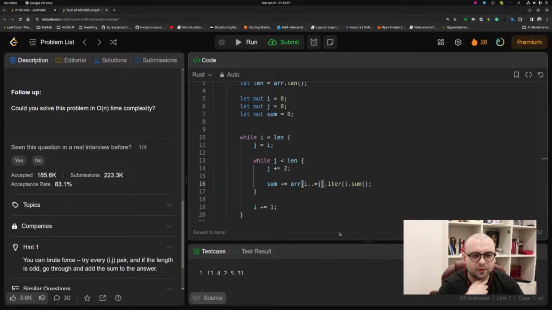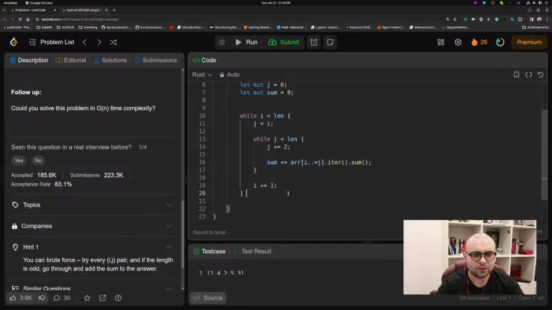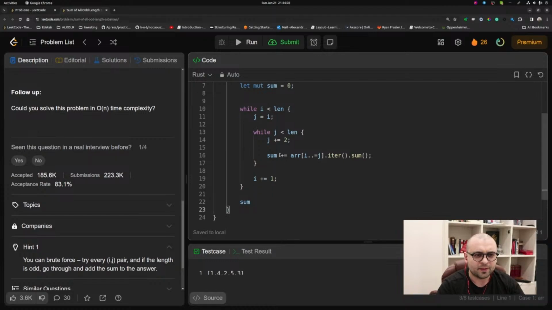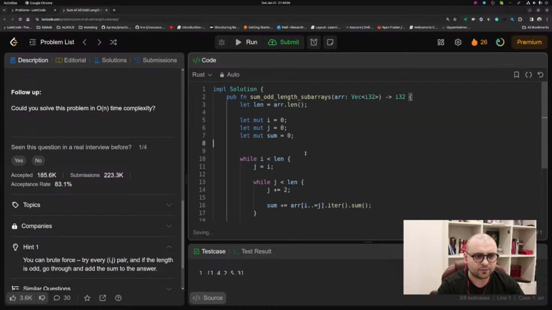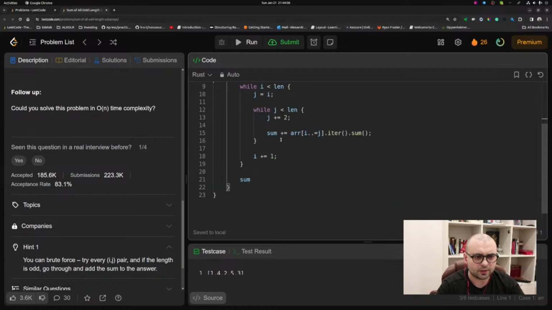Yeah, it could be like n cubed or something, because worst case scenario here we'll do ij, and then for smaller j's we'll do smaller ones. So we'll need to return sum. Yeah, I have a feeling this will need to be debugged because I may have some bugs here and there